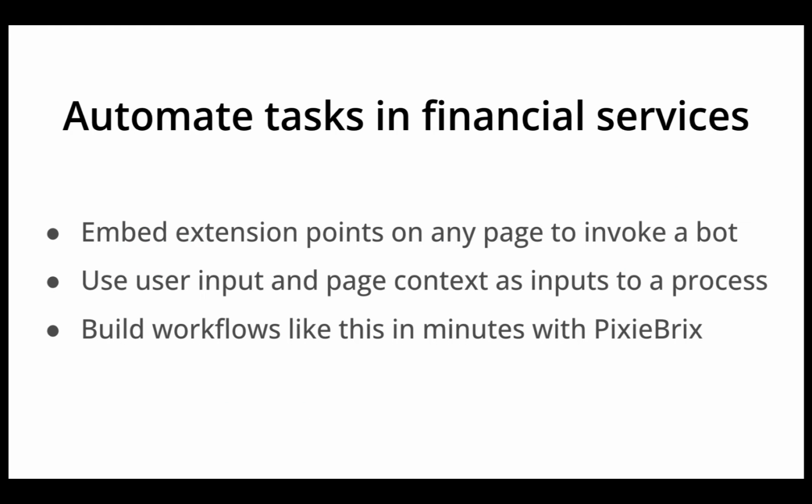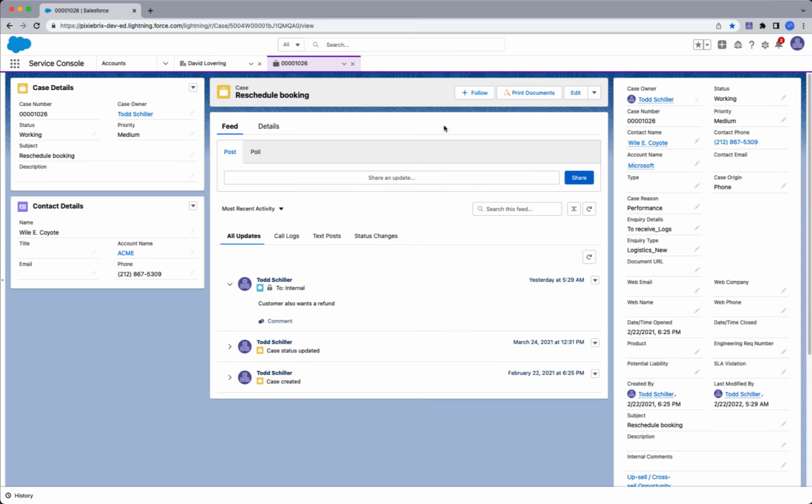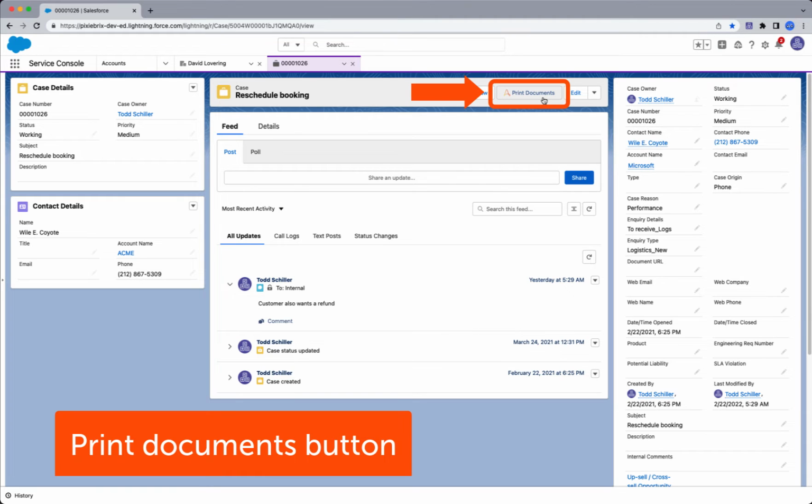In this first demo, we'll demonstrate a financial services workflow that involves using unattended automation to print mortgage documents at various bank branches. Here's a familiar interface, Salesforce Service Console. To trigger our workflow, we used PixieBrix to add this Print Documents button. Although it looks like a native Salesforce element, it actually renders in Chrome and requires no changes to the underlying